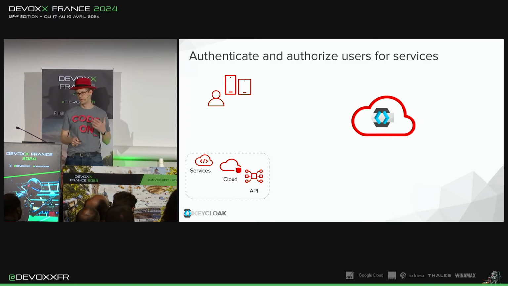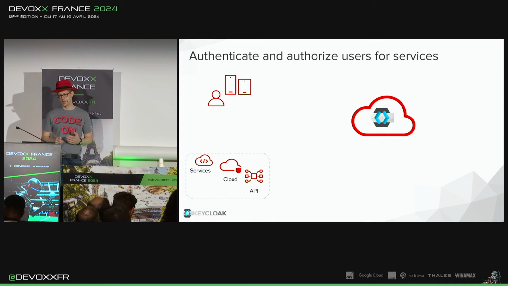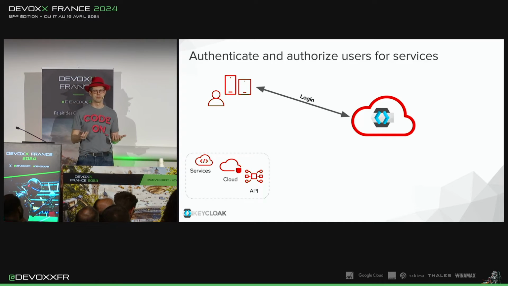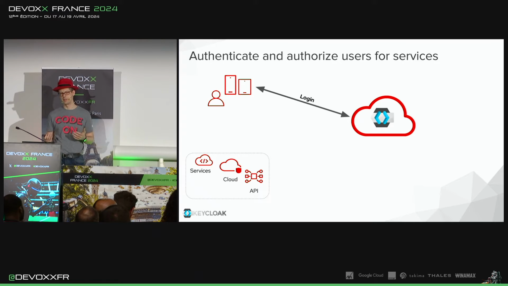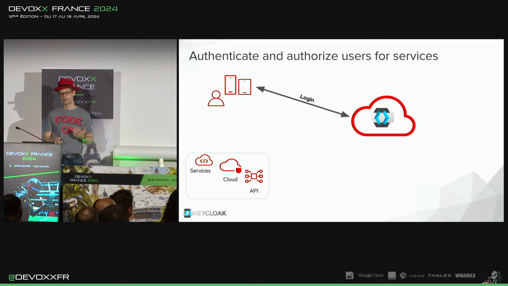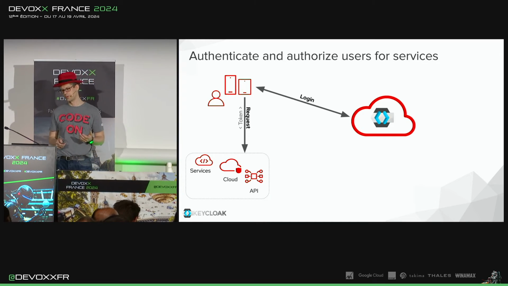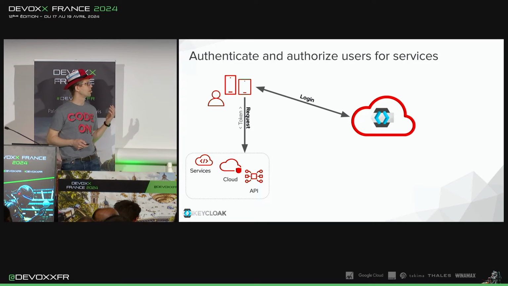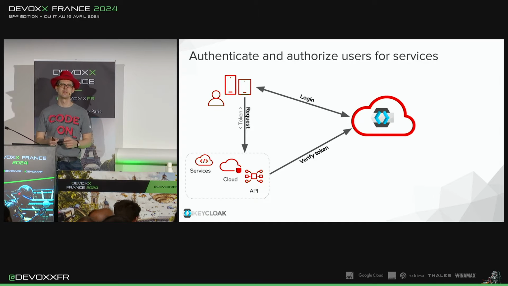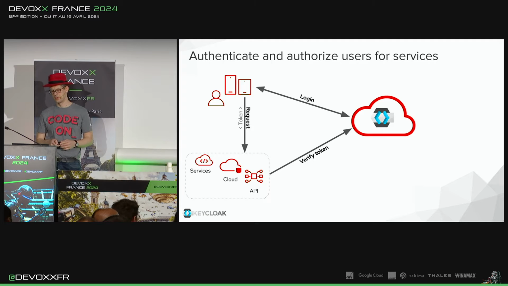Your users have mobile devices, they have laptops, they have their browsers, and they need to log in in order to access your services. And they log in using maybe username and password, maybe they have other credentials, maybe they have a second factor. And all this is handled by Keycloak. And after they've been logged in, they have a token, be it an OpenID Connect token or a SAML token, depending on the services they want to access. And with these tokens, they send it to the services, and the services can verify that the token is still valid, who the user is, and then use it also for authorizing the users if they have the right permission.